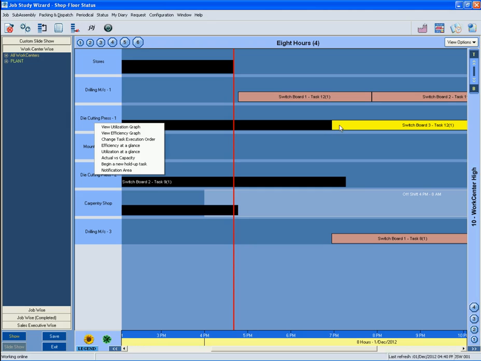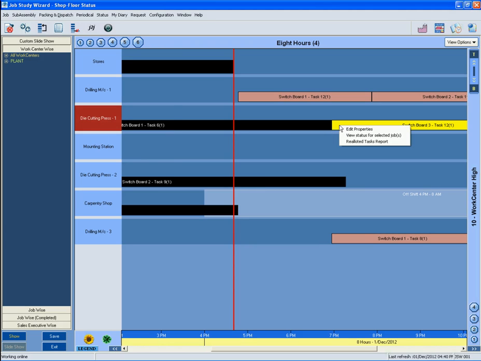Similarly, if we right-click on any task, we see View Task Properties option now changes to Edit Task Properties for those tasks that are not yet allotted, meaning one can also change task execution properties, though we shall not elaborate much on them in the evaluation version. Let us now understand new icons and right-click menu options in detail.